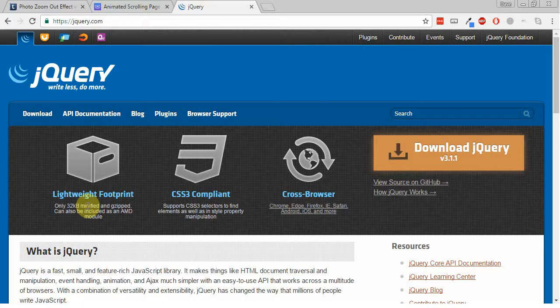where, you know, I think the best way to explain it is back in the day, if you wanted to animate something with JavaScript, it would have taken a ton of lines of code to do, and you would have had to have been a very savvy programmer to be able to do that. But with jQuery, they've done all that heavy lifting for you, thrown it in this little file, and then all you have to do is write like 1 or 2 lines of code, and now you can animate something, where before it would have taken a ton of lines of code and a lot of work. So they've taken a lot of amazing things, simplified them, put them in a library,